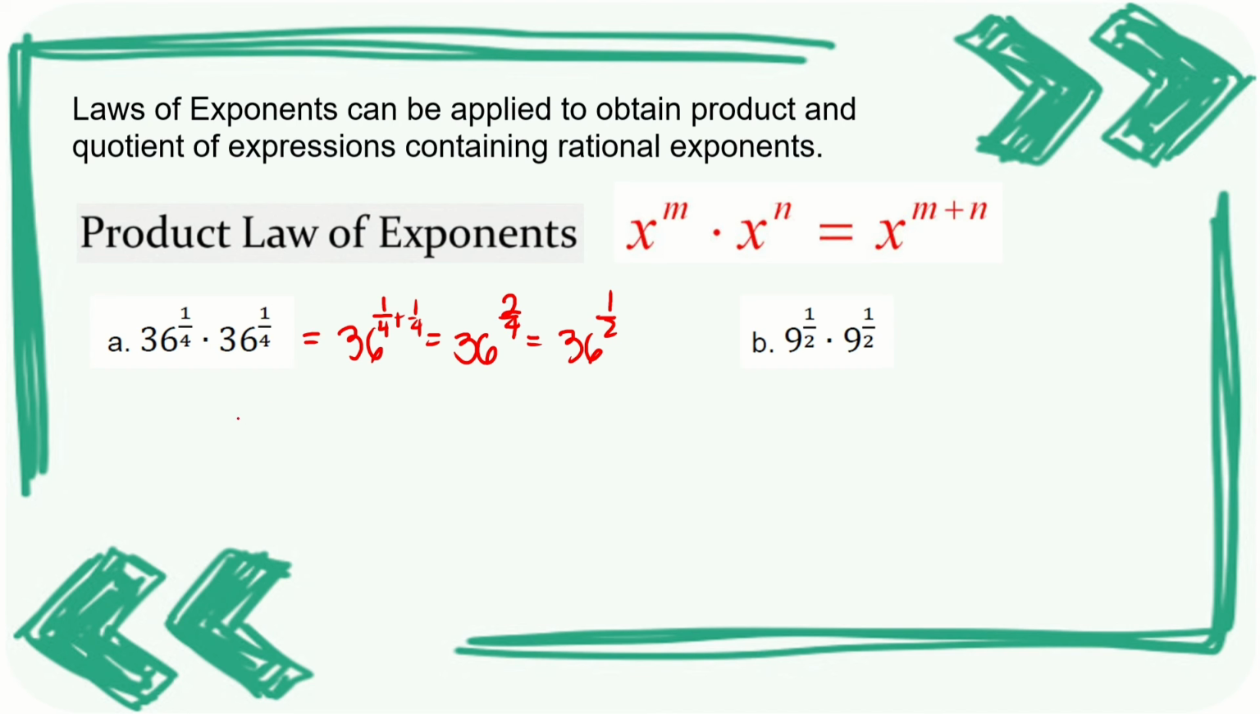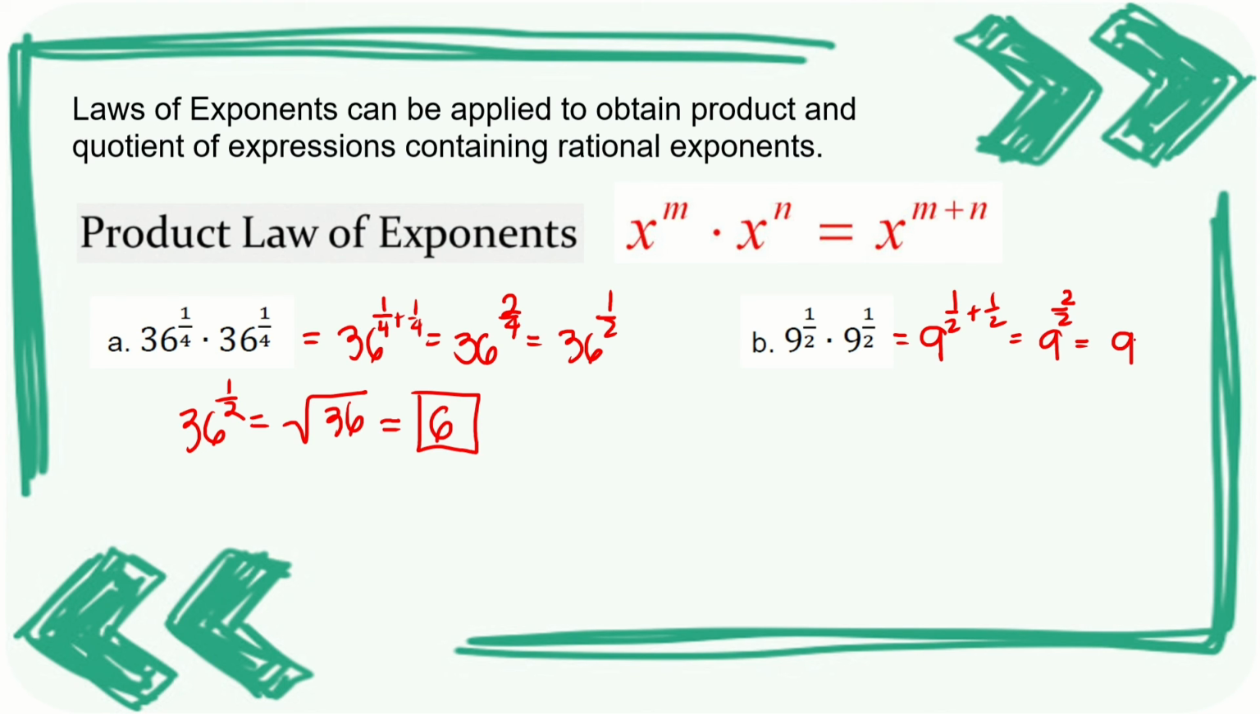If that is raised to 1 half, we can transform 36 raised to 1 half into radical form, that is square root of 36. And we know that square root of 36 is equal to 6. So the answer here is simply 6. The same goes with example letter B. So that is 9 raised to 1 half plus 1 half. That is 9 raised to 2 all over 2. And 2 all over 2 is simply 1, so 9 raised to 1 is equal to 9. Okay? So that's how you apply the law of exponent